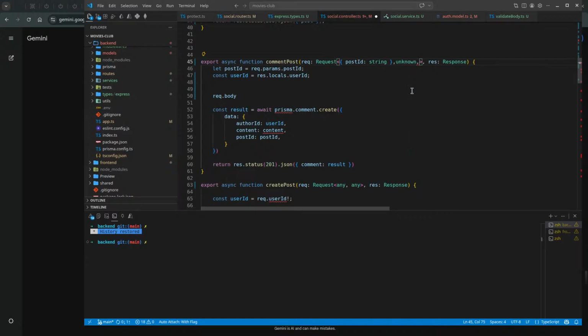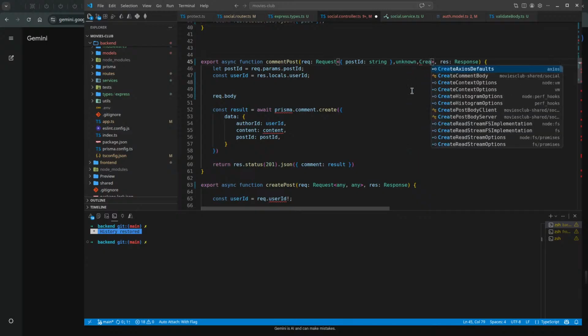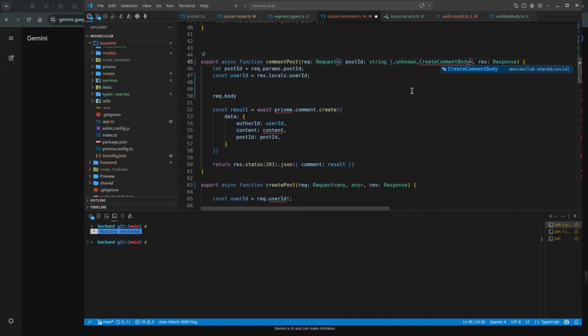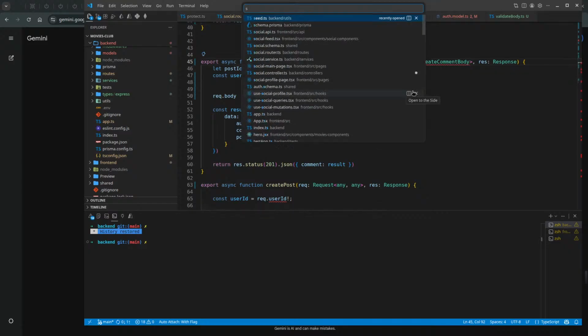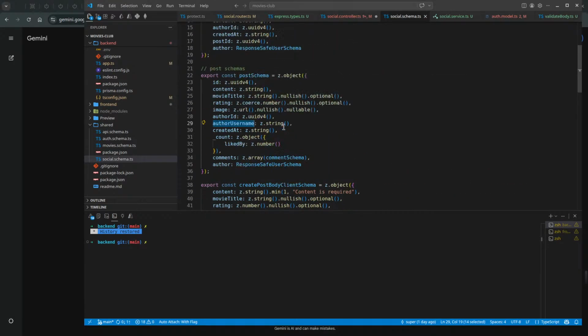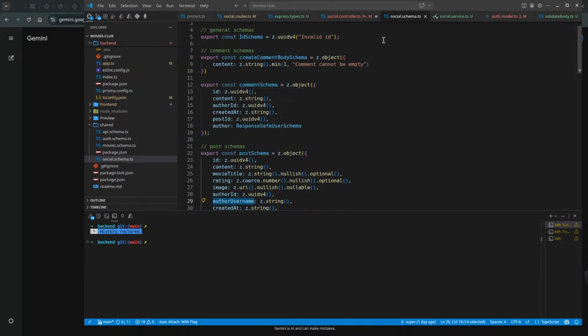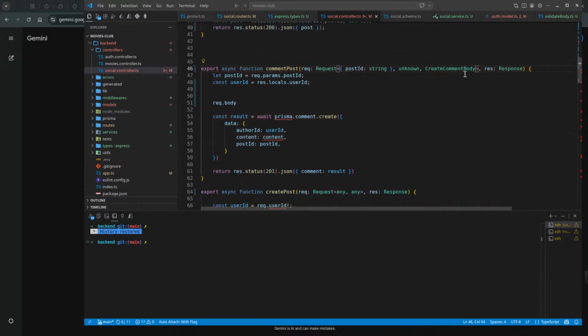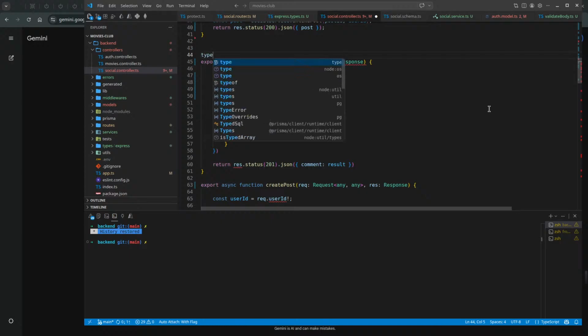This could be the create comment body, social.schema.ts. Create comment. Yeah, it's just create comment. Yeah, it's correct. Create comment body. Okay. But you see, this type is ugly, so I will take it and we are going to make a type.